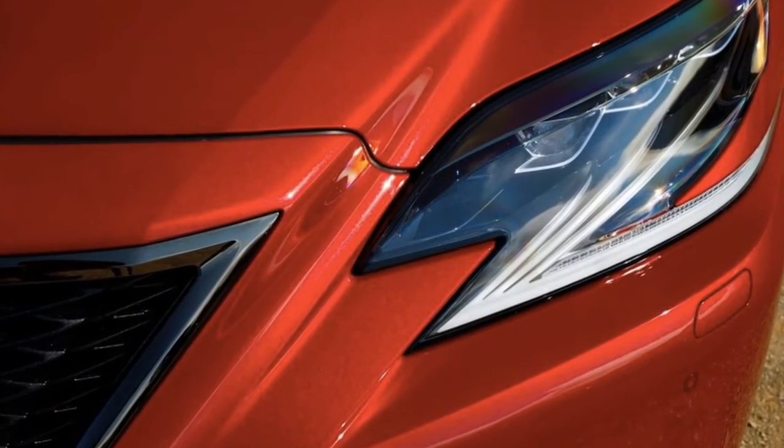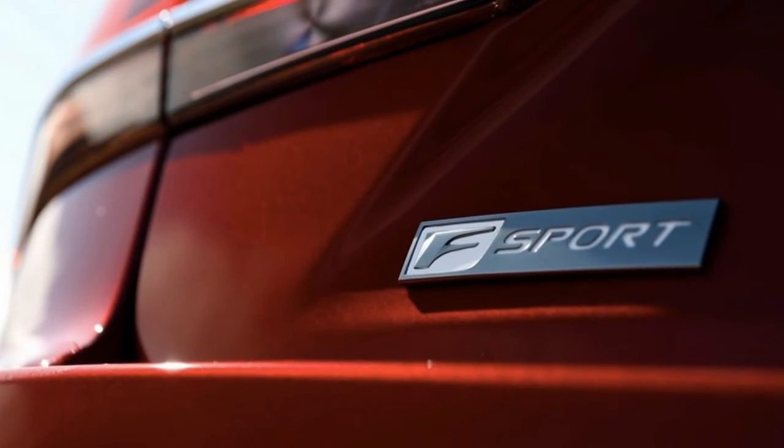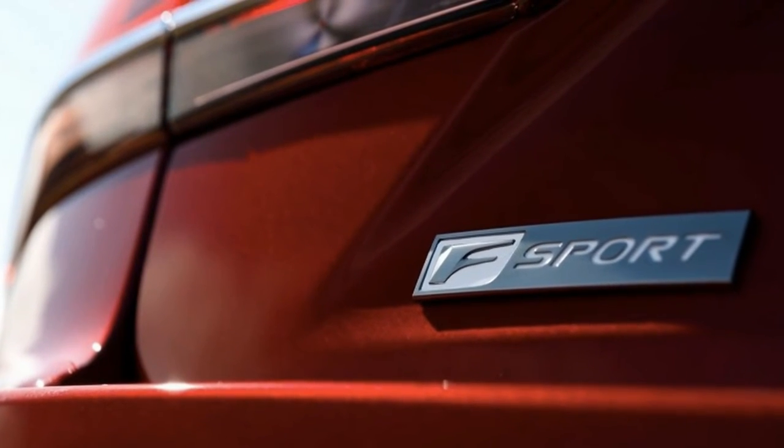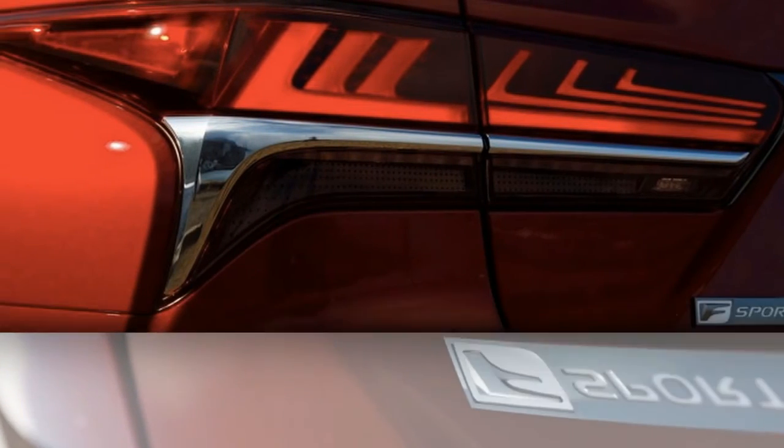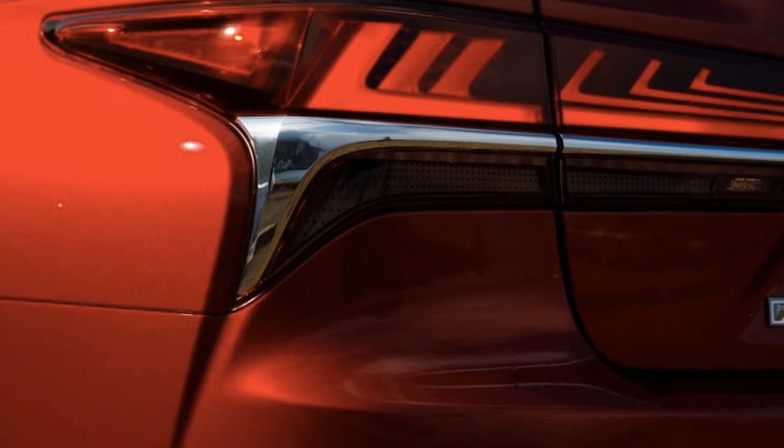Drop it into Sport Plus and the transmission is happy to hold gears well above 4,000 revolutions per minute, keeping the turbos spooled and the throttle responsive. Handling is sharp and, though I wouldn't call the steering precise, it certainly